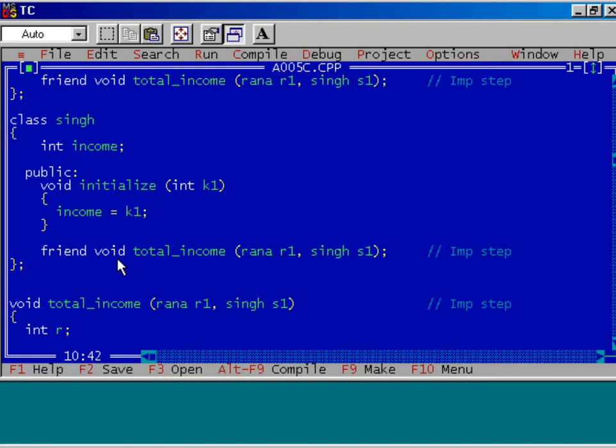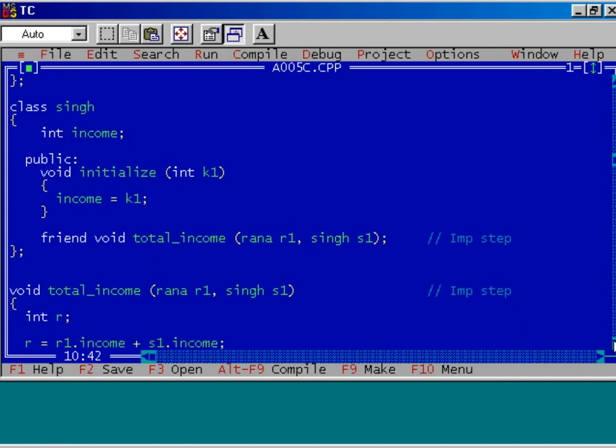After that, again I declare the function total income as a friend function of this class, namely Singh. Observe carefully, total income is not a member of this class. It is an independent function, and I have declared this function as a friend of the class Singh.